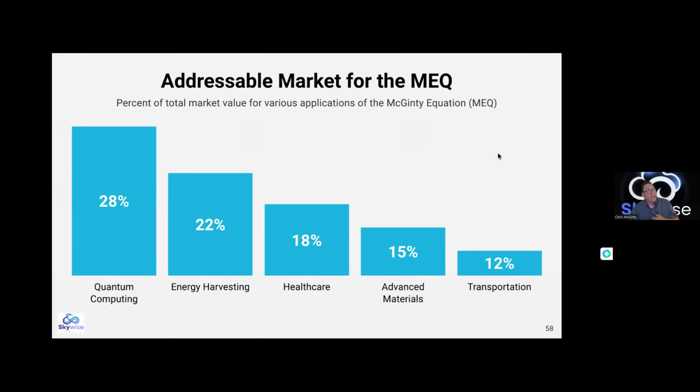The market that we're looking at for MEQ type solutions, just in general, the quantum computing market, there's a big opportunity there in error correction. That's paramount. We have to fix that immediately. Energy harvesting, I talked several methods, everything from hydrogen to zero-point energy to cold fusion to eventually contained micro black holes. All of these things are in the works. Healthcare is a big thing, the proteins, advanced materials, transportation. So there's many different types of things for us to chew on and to get moving forward.